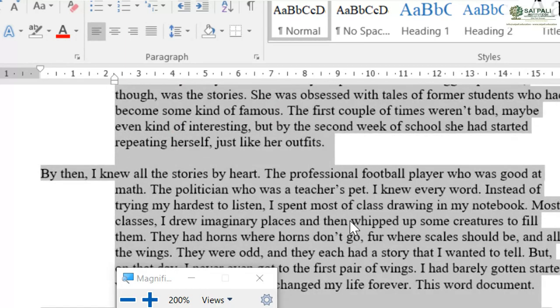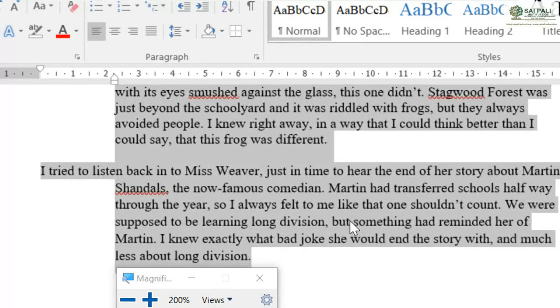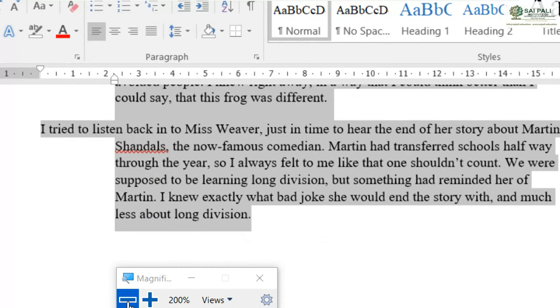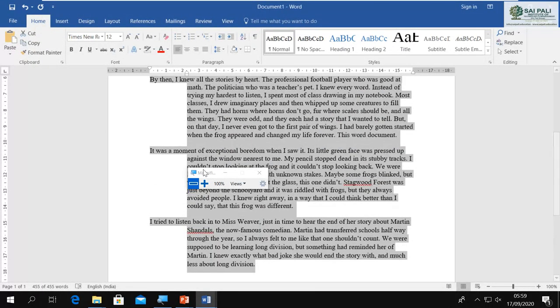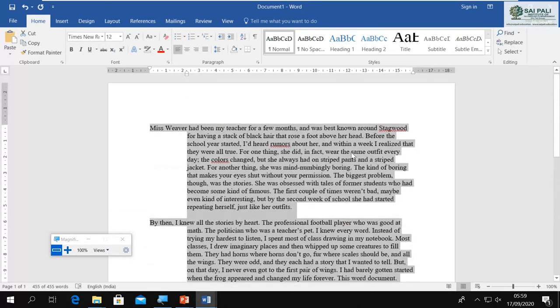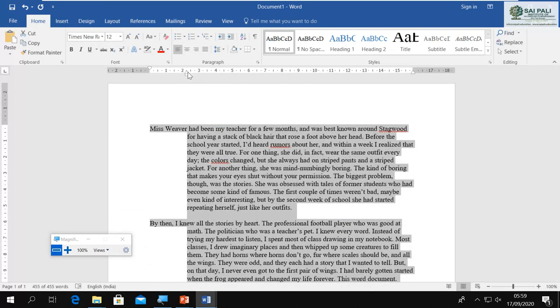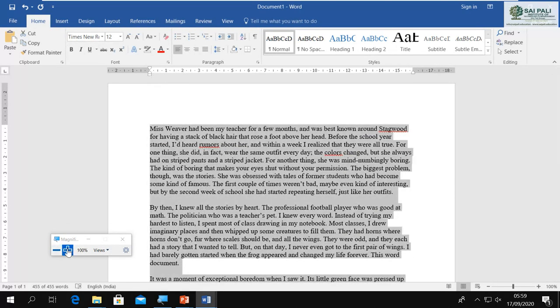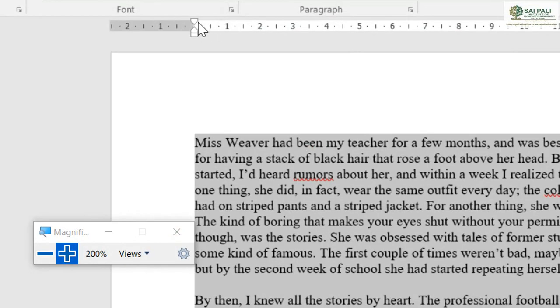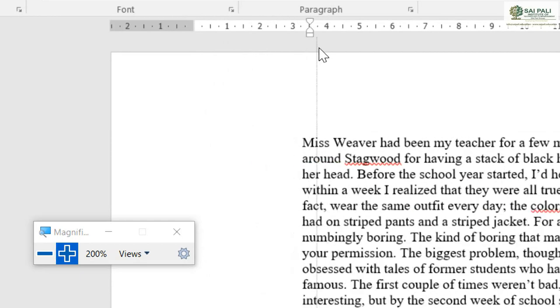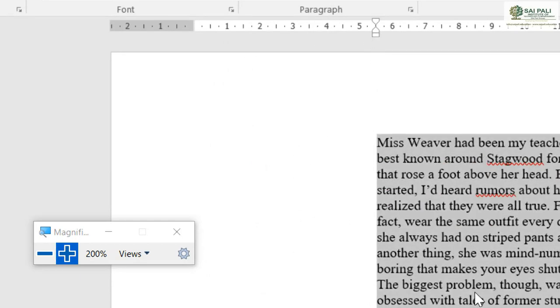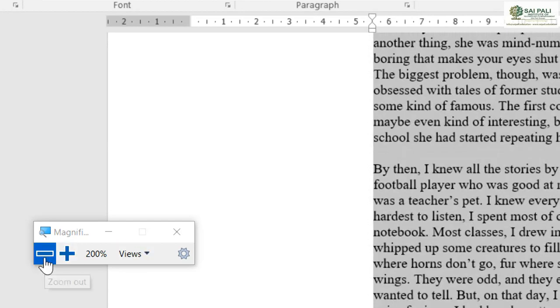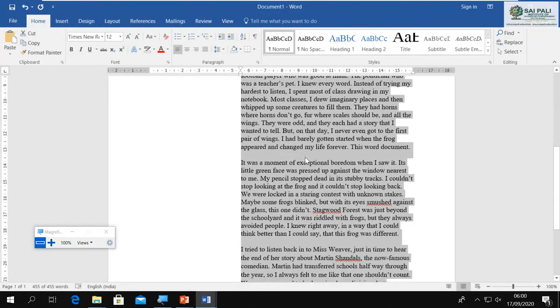And you can see all the paragraphs' first lines remain in place, and the second line is indented like this. Or we can move both at the same time. If you want to move both these markers, then we will select directly this left indent, and when you move it, it is moving to the side, and you can see all the paragraphs are now moved, all the first lines and all the lines.